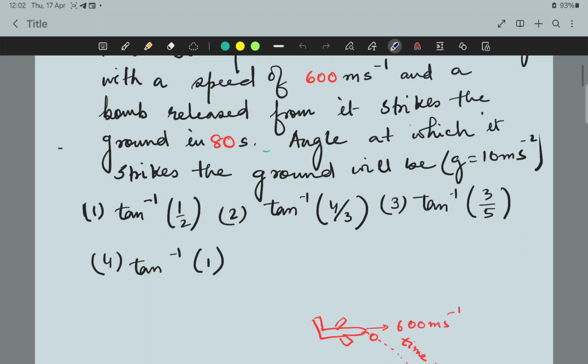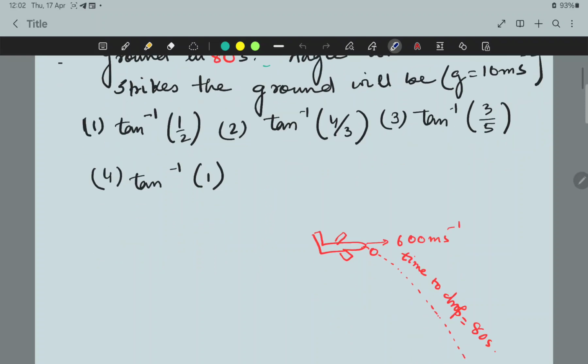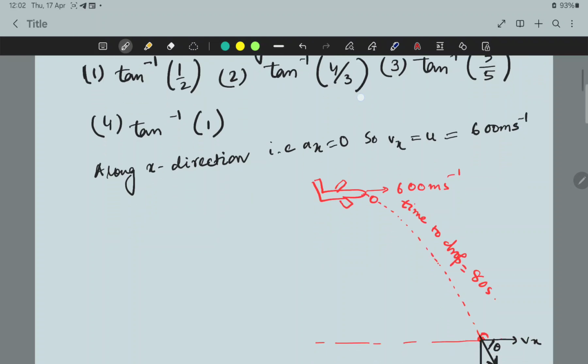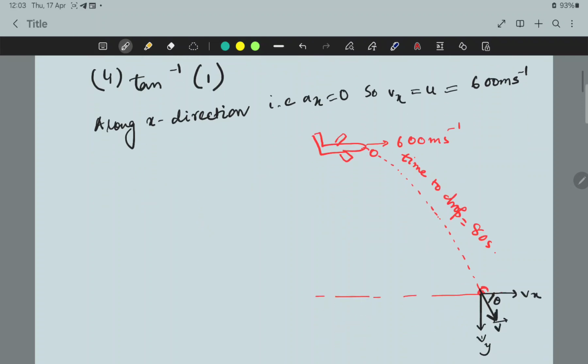So here see, along x direction there is no force, that is Ax equals to 0. So Vx is equal to the initial velocity u, which is given over here as 600 meter per second, as you can see in the diagram, and the dropping time is 80 seconds. So when it drops here,